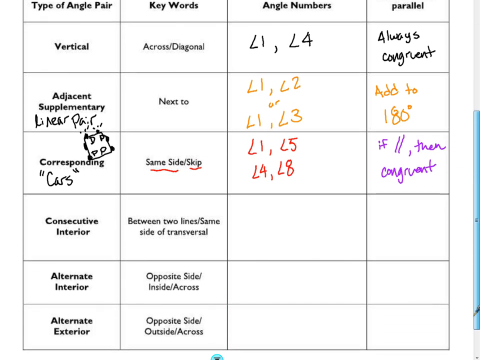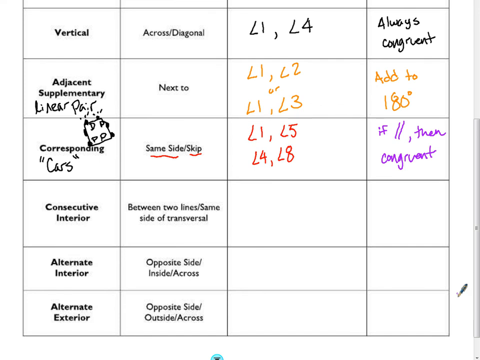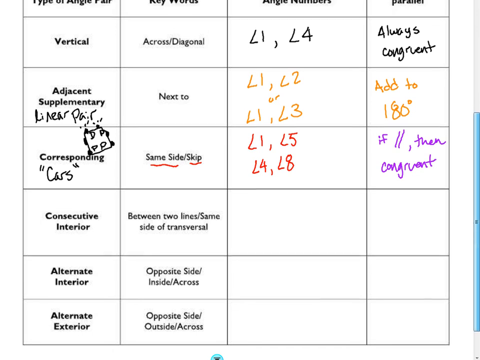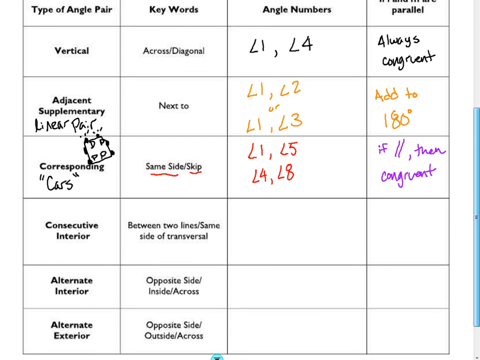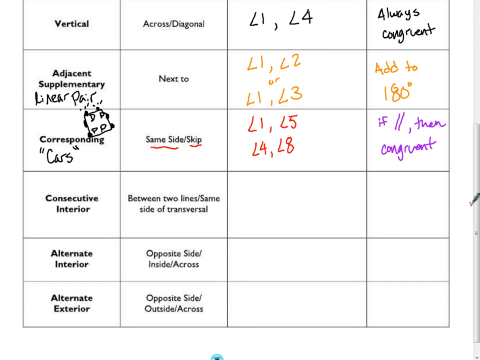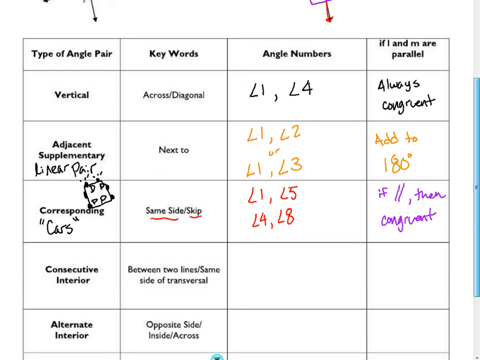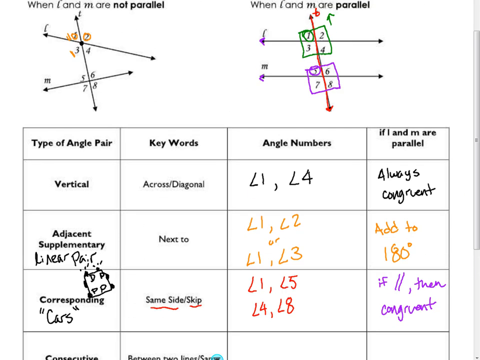So let's look at consecutive interior, alternate interior, and alternate exterior now. Now these three angle relationships all kind of have to deal, these words, consecutive, alternate, interior, exterior, kind of give you an image of where you're lying on this picture above. So let's look at consecutive interior. When you hear the word consecutive,